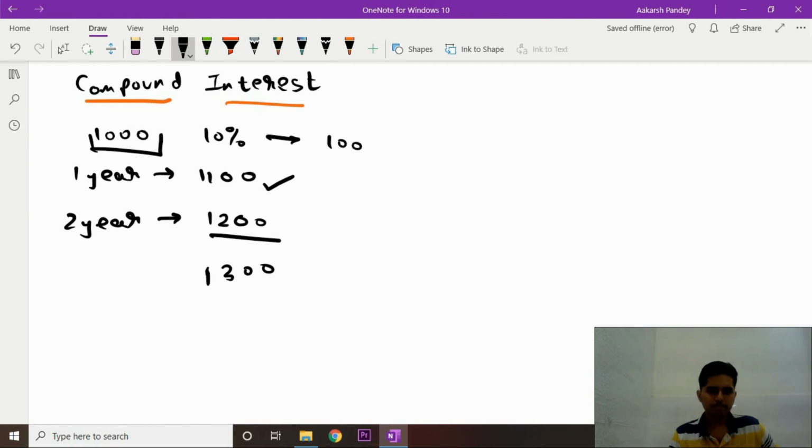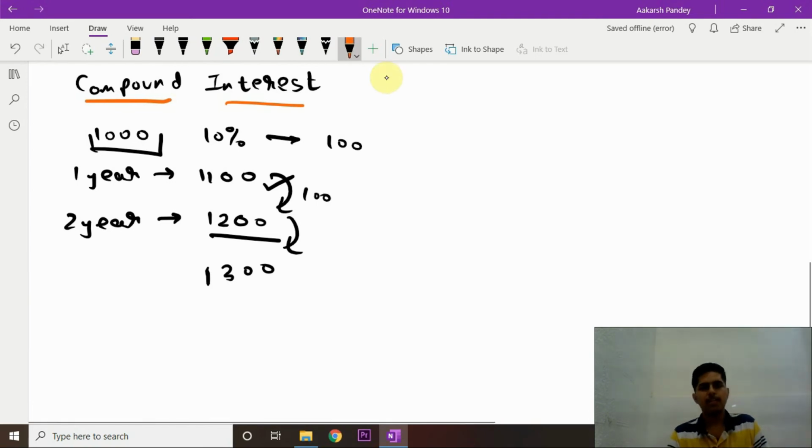But if someone is smart enough, he figured out what is the basis of compound interest. He saw that at the end of the first year, I can remove my money and again invest it in the same bank, instead of keeping it in the same cycle, because each time I'm only getting $100. So let me just break this chain. After I get 1 year worth of interest, I'll remove it from the bank and create a new deposit, as in I'll give it again to the bank, but this time I'll be saying my principal is